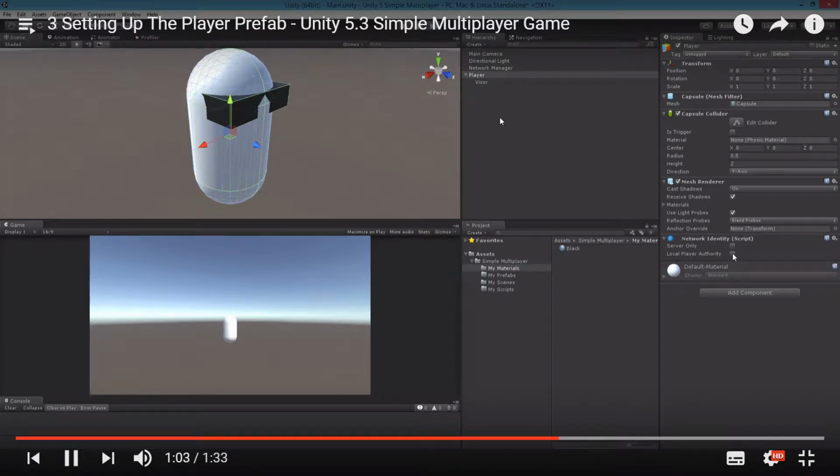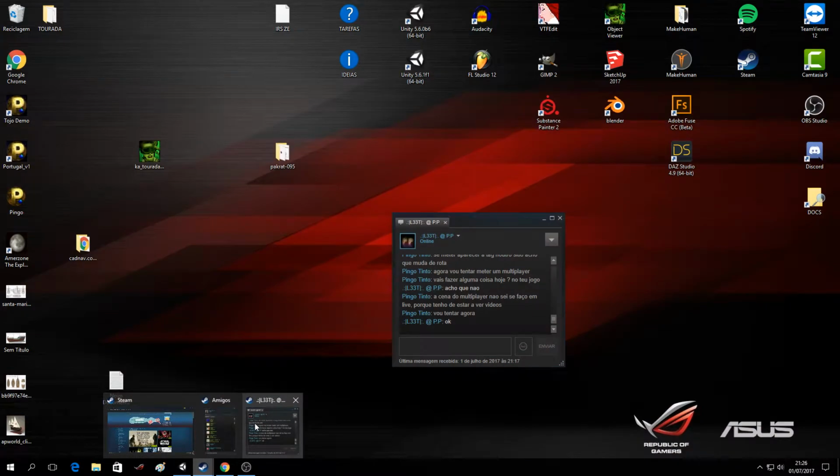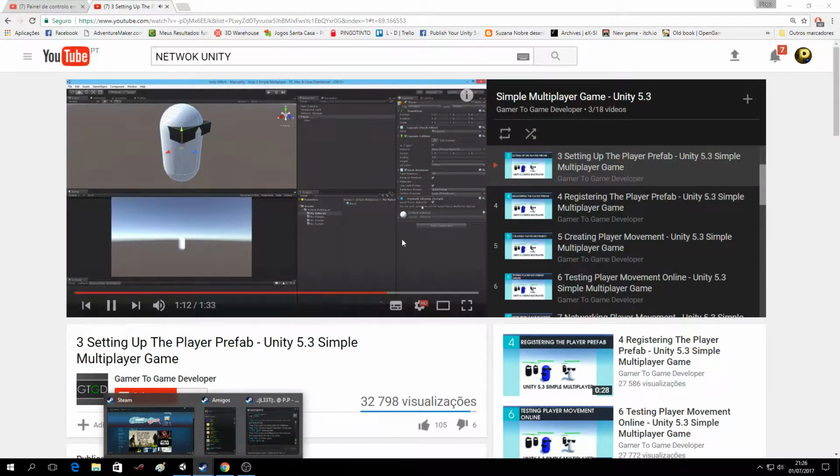And in this case, it's a local player authority. So when the server spawns your player for you on your instance, you want to be able to control it, right? So you have to have it as a...